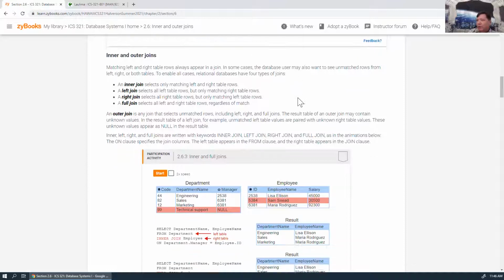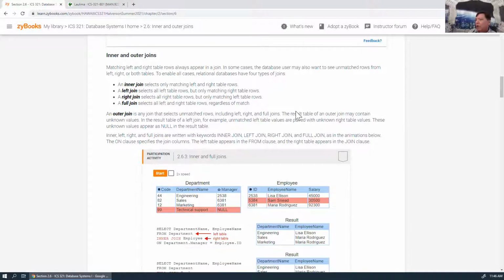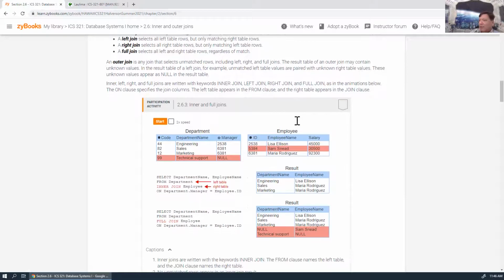Now, we can be more specific with joins, because sometimes you want to keep records from one table or the other. You may want to keep the records that don't match in the other table. An example that I can think of is, let's say you have